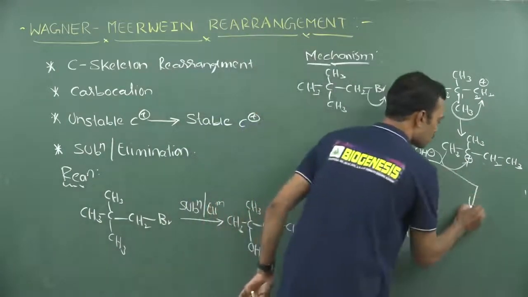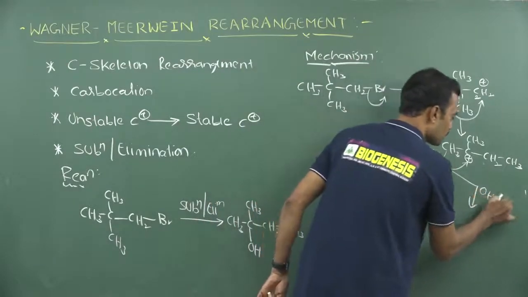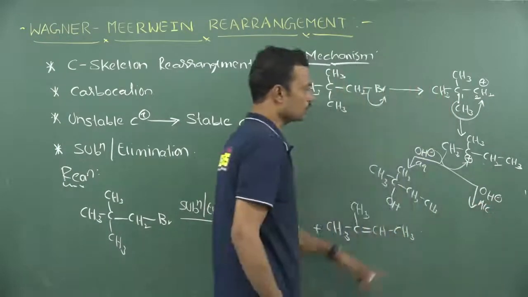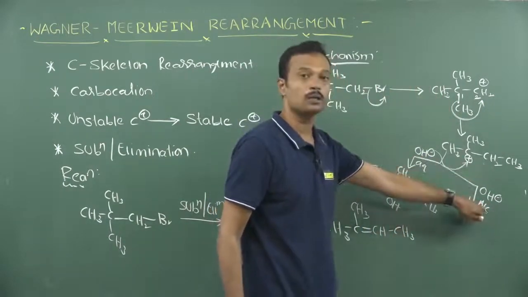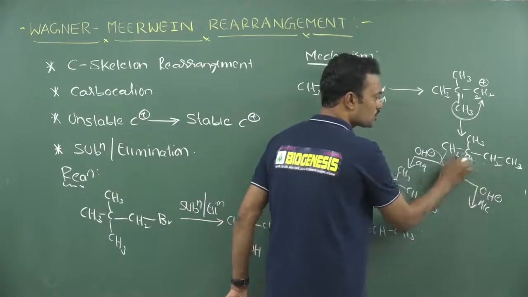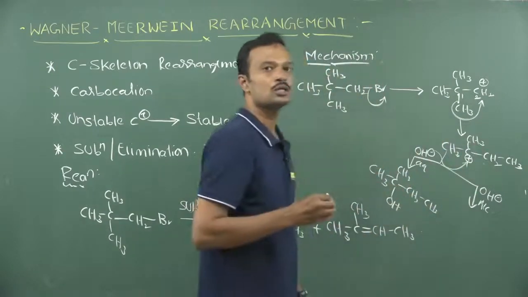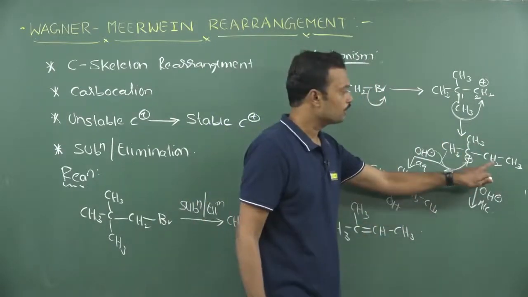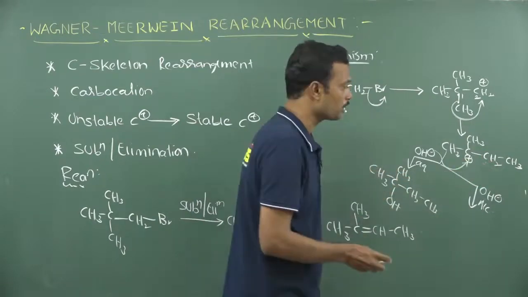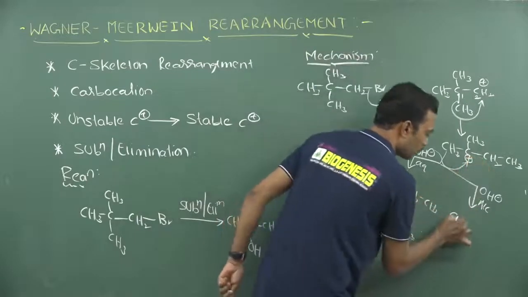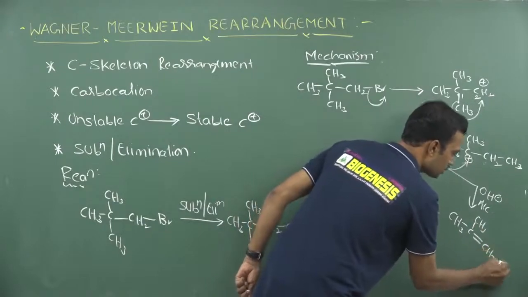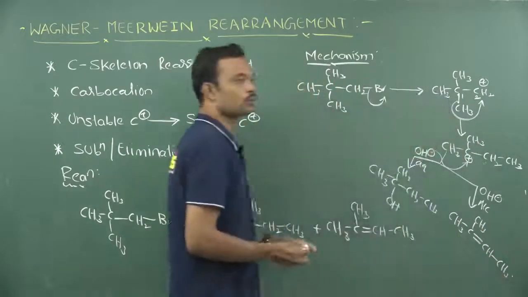And one more reaction is also possible by using one more reagent, that is a base. This is aqueous and this is alcoholic potassium hydroxide. This is nucleophilic in nature and this is completely basic in nature. Now, this base will take a proton from this. Why? Because here it carries 2 hydrogens, here 3 and here 3. So, we need to follow the Saytzeff rule. According to the Saytzeff rule, the adjacent carbon of the carbocation which has fewer hydrogens, that hydrogen is going to be removed to get the more substituted double bond. So, finally, you get a carbon-carbon double bond, and this is CH followed by CH3, that is the resultant product. Okay.